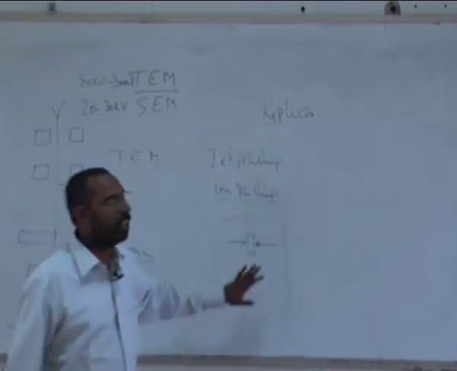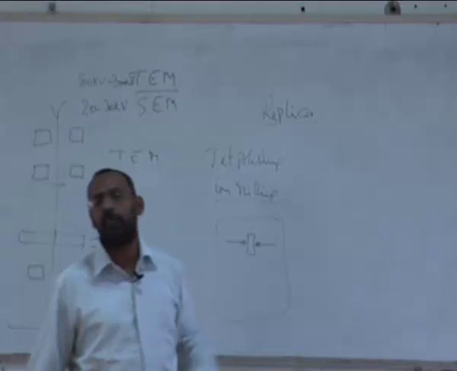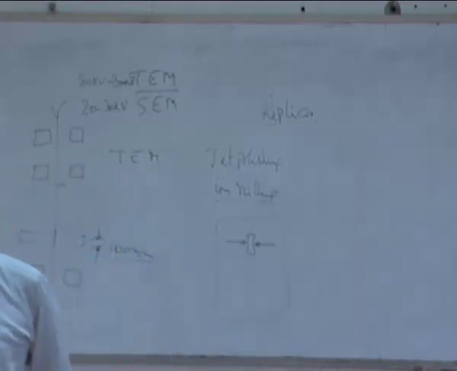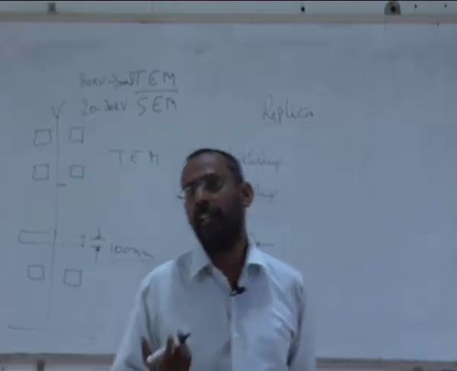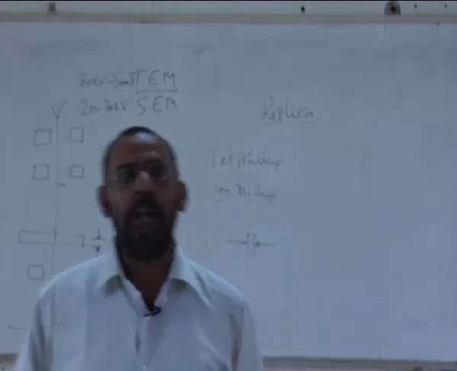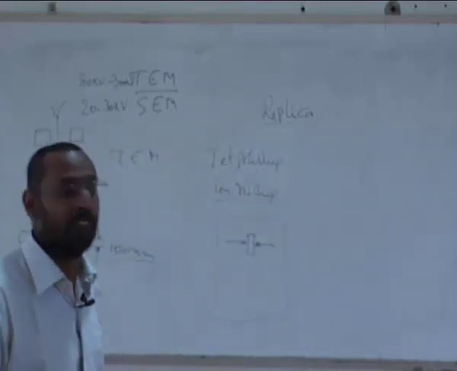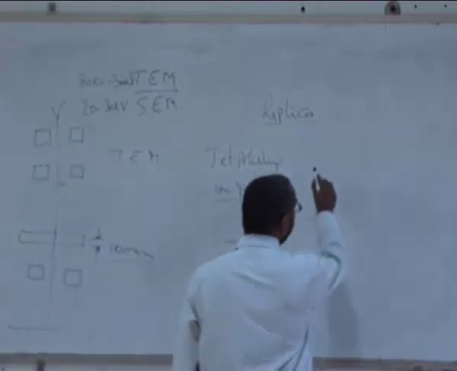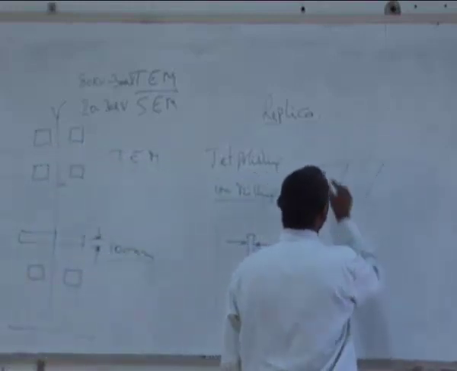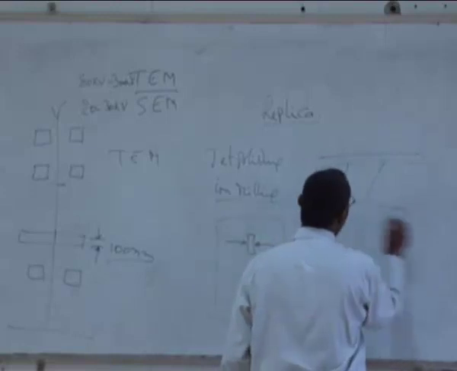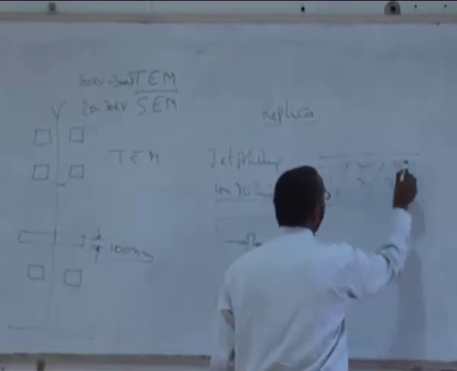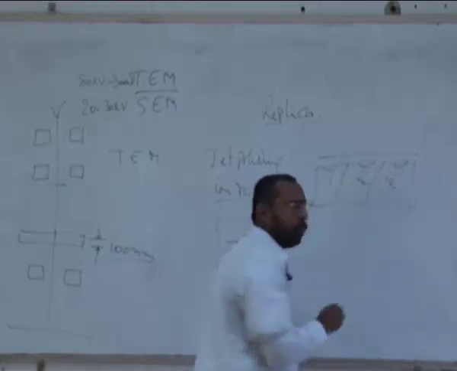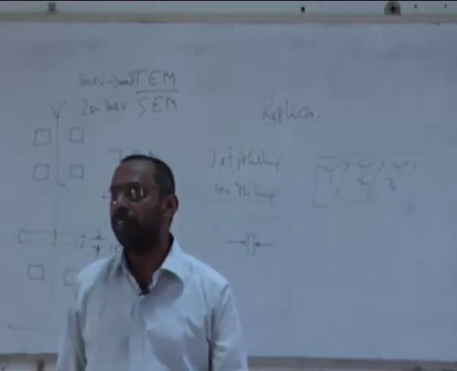So these are techniques which have been developed much later, and the original techniques were called replica techniques. What people wanted to see is, if you want to see certain precipitate particles or inclusions or even grain boundaries in your sample, what people used to do is thin the sample. If this is your sample with some grain boundaries, or some particles, you usually polish your sample surface,